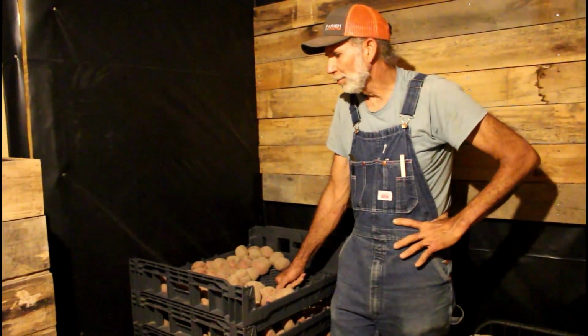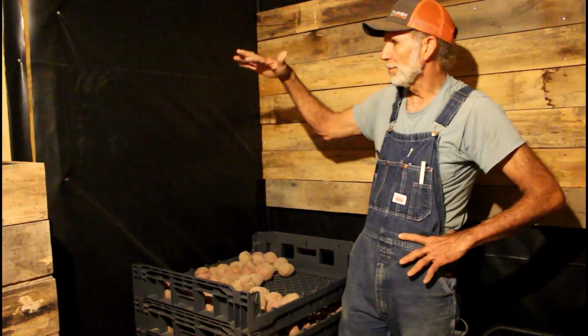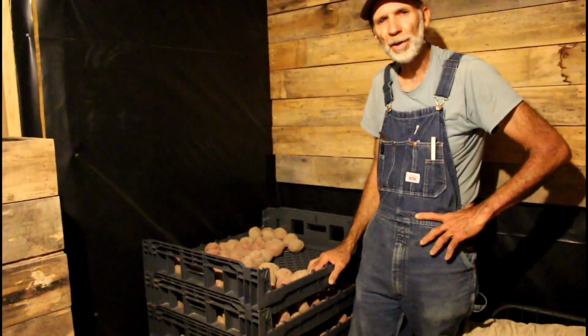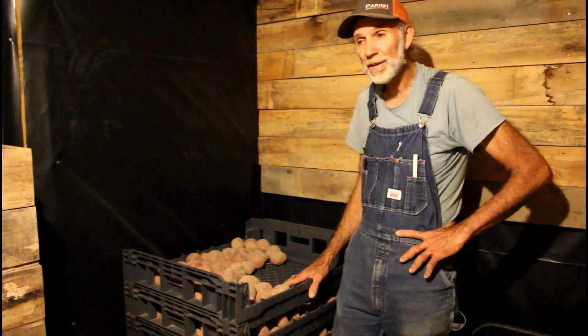But we're going to go ahead and try to, over the next few days, get the rest of the trays stacked in here, get our potatoes in here, and try to keep them at 50% humidity to see if that will help us extend the life of our potatoes in our cellar